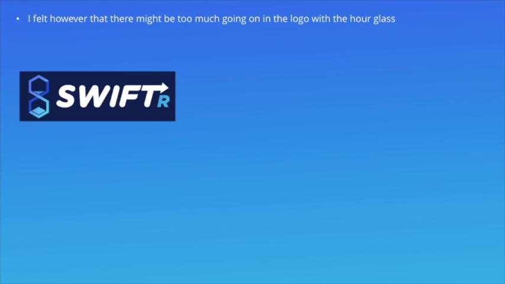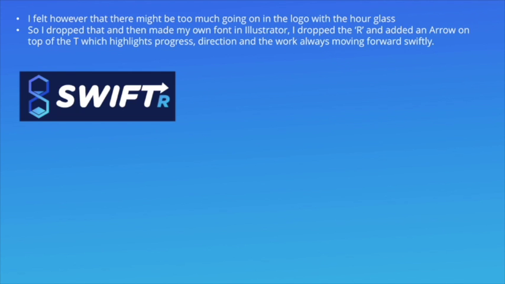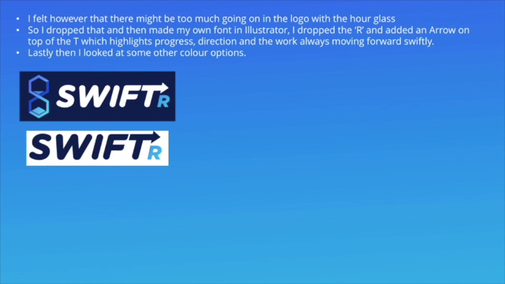I felt, however, that there might be too much going on in the logo with the hourglass and Swifter and the font. So I dropped that and then made my own font in Illustrator. I dropped the "or" and added an arrow on top of the T, which highlights progress, direction, and the work always moving forward swiftly. Lastly, I looked at some other color options, a white background, a nice kind of blue